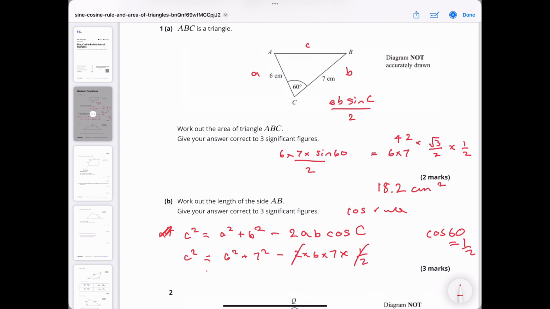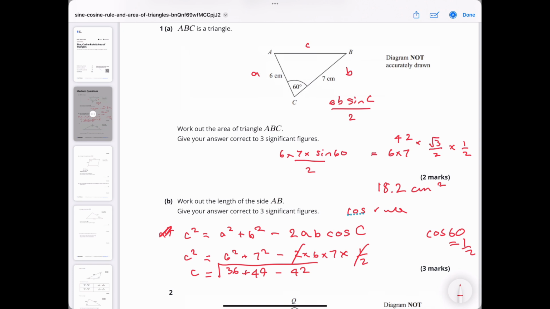That means it is 36 plus 49 minus 42, and all square rooted is what c is. So that would be 36 plus 49 minus 42, I suppose that's just 43, and the square root of 43